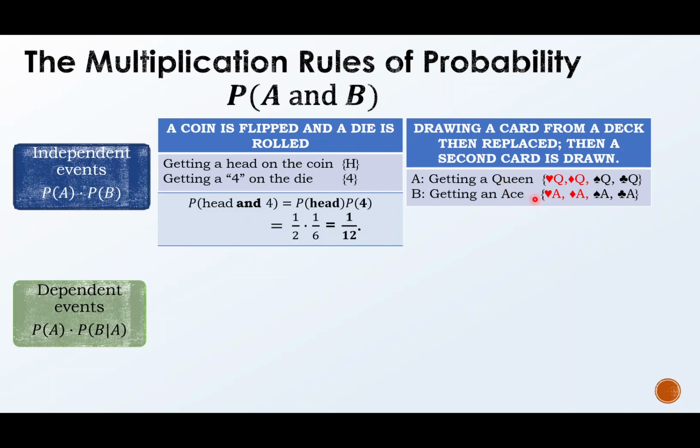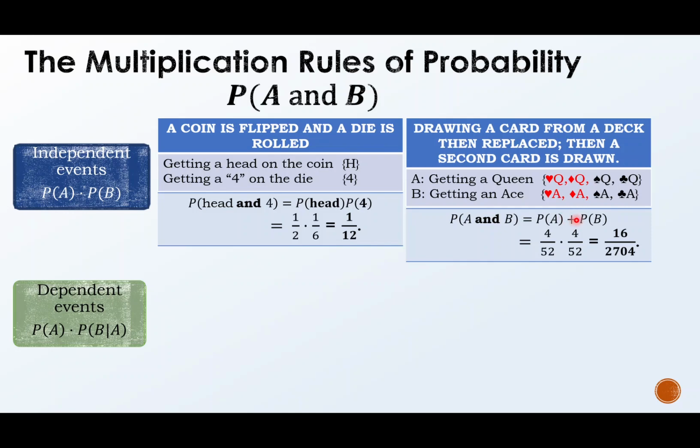Alright, so since getting a queen, okay, will not affect getting an ace kasi binalik natin yung card. Okay? Binalik natin yung first card sa deck. Saka tayo bumunot ng second card. So, to answer that, sorry, this should be times, okay? Correct yourselves. Hindi dapat yan plus. This should be times probability of getting a queen and ace. Okay, at the same time is ito, probability of the first event times, hindi plus please, paki-edit, times P of